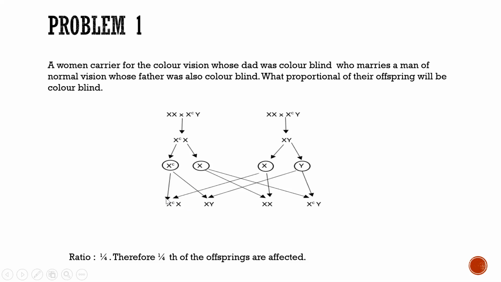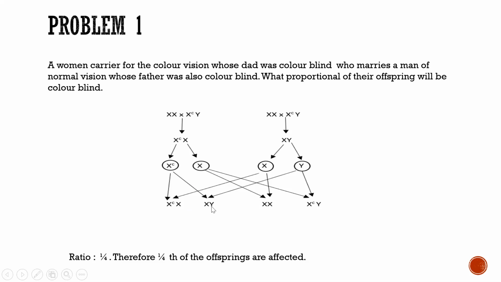one female can be a carrier, a male will be normal, and there is another female who is completely normal, and there is a male who is affected. So they have asked the proportion. What proportion of the offsprings will be colorblind? Only one offspring will be affected. This is the male who will be affected,